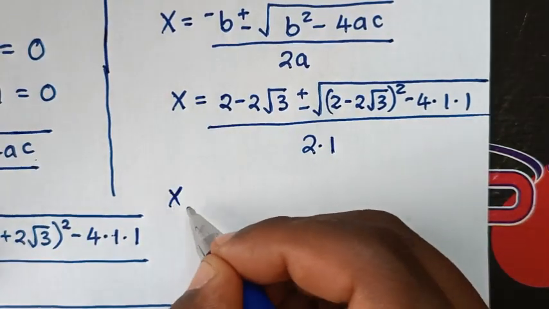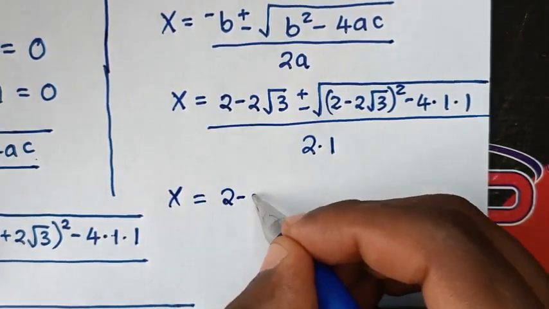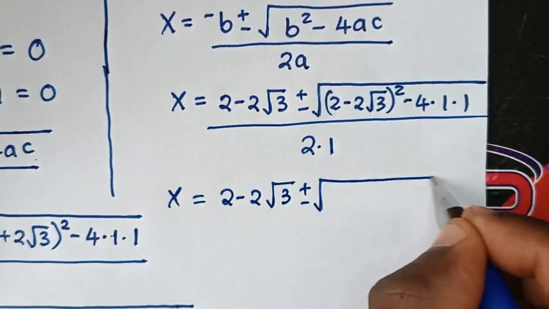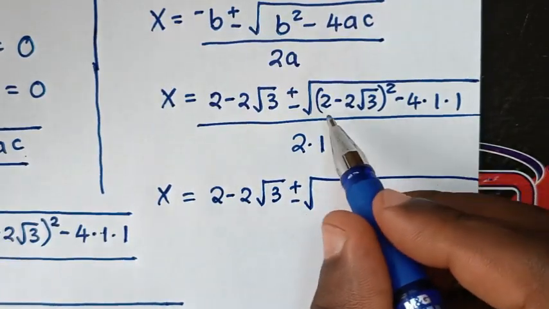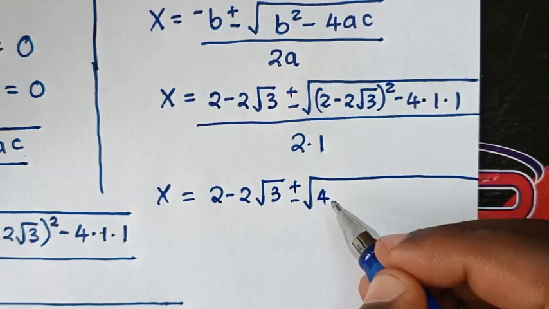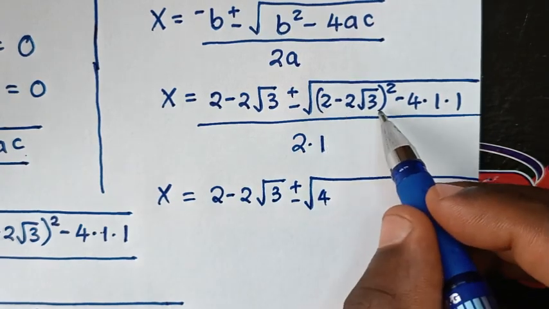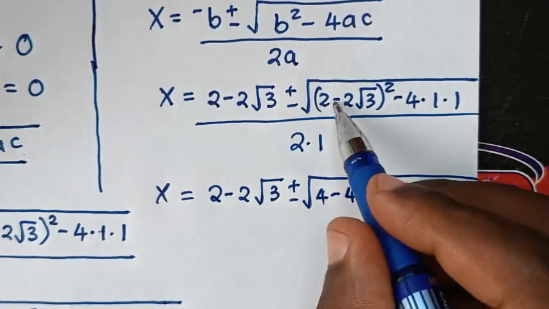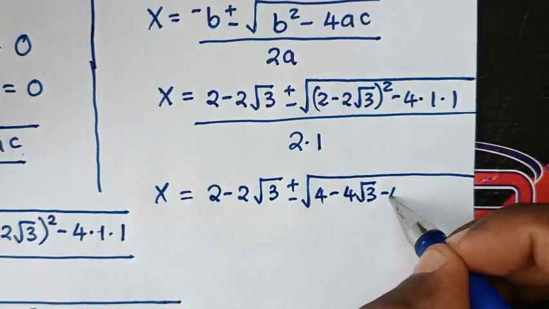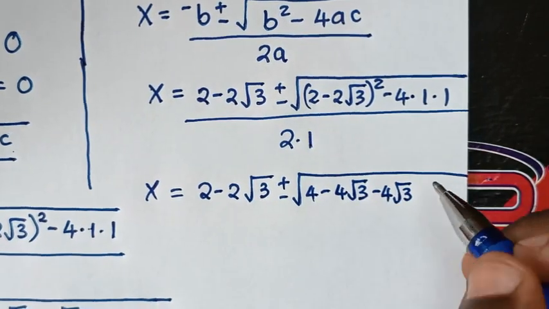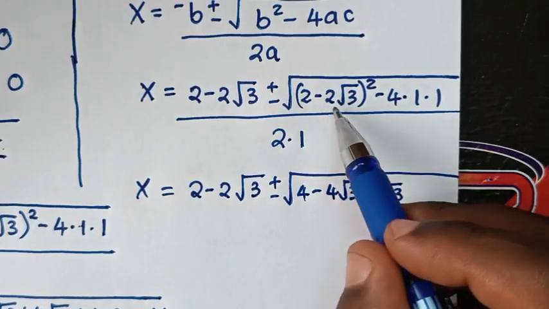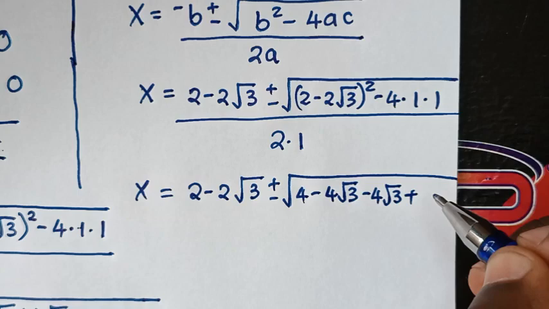Then it will be x is equal to 2 minus 2 square root of 3 plus or minus square root. We expand this here, so it will be 2 times 2, it is 4. 2 times negative 2 square root of 3, it will be minus 4 square root of 3. Minus 2 square root of 3 times 2, it will be minus 4 square root of 3. Then minus 2 square root of 3 times minus 2 square root of 3, it will be plus 2 times